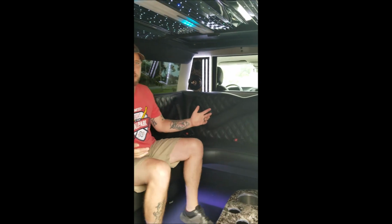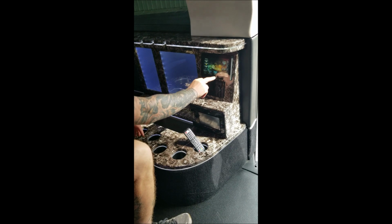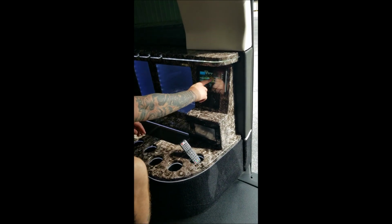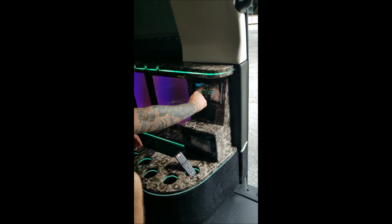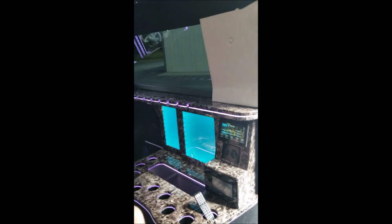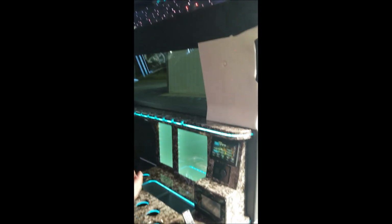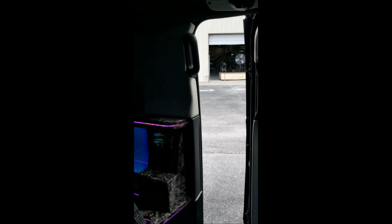You come in here, you can see we have a very nice burl wood bar. All we've got to do for our interface is we can adjust our lighting. This is pretty much impossible for anybody to mess up. I hear complaints about other electronic vehicles being messed up and it taking the company a lot of time to get it fixed. But we have a full light show. One push of the button, the door is shut,